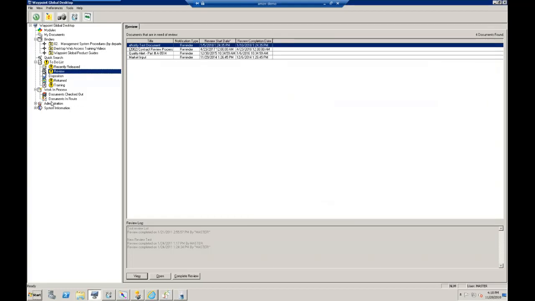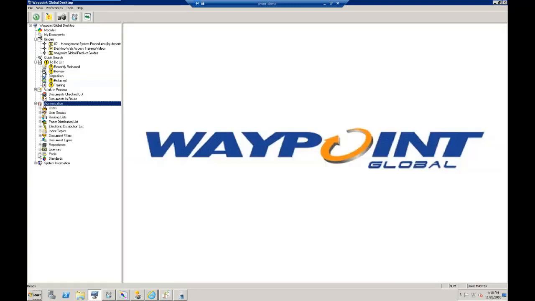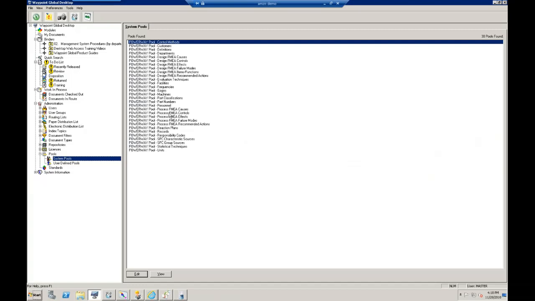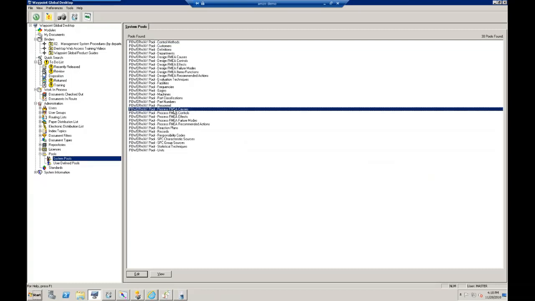Megan also mentioned that in the pools, so under administration, pools, and system pools, in all of the pools now, you have the ability to search. When you're adding things to a pool, we'll say, for example, FMEA causes here for a process. And if I go into the editing interface here, and I want to add something to this pool. So all of our Quality Planner customers are going to really like this, because you now have the ability to search for things beforehand,